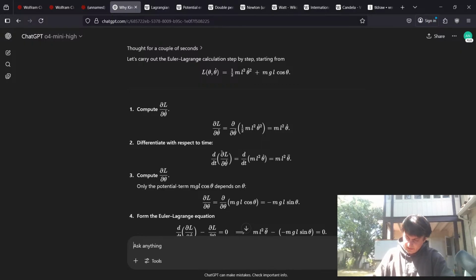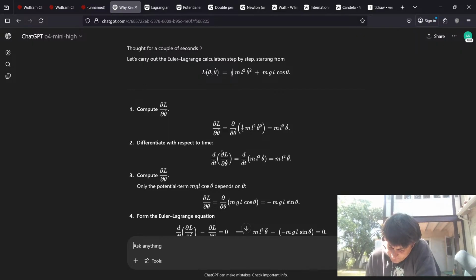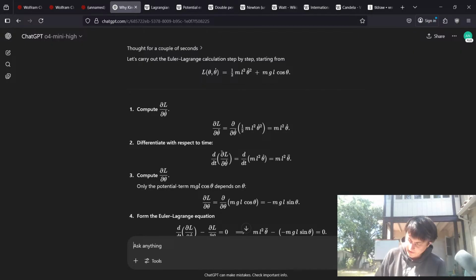Now we compute dL d theta, and that's going to be equal to minus mgl plus mgl cos theta. So this becomes minus mgl sine theta. Okay, so then the full EL equations become